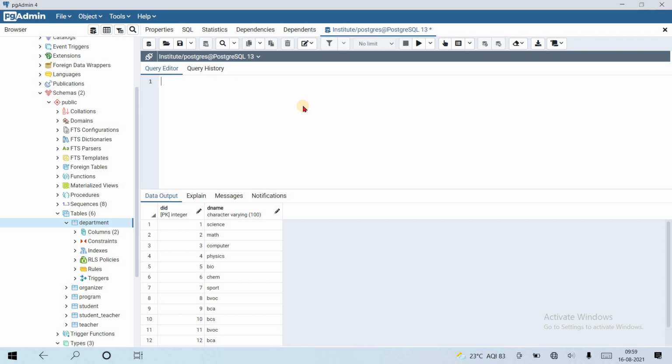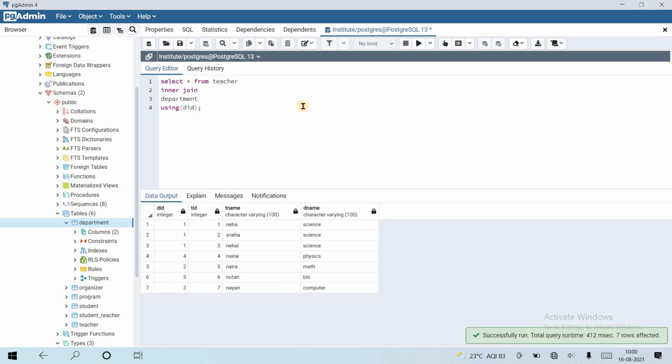So let's select star from the first table, teacher, inner join department, using the common column department id.